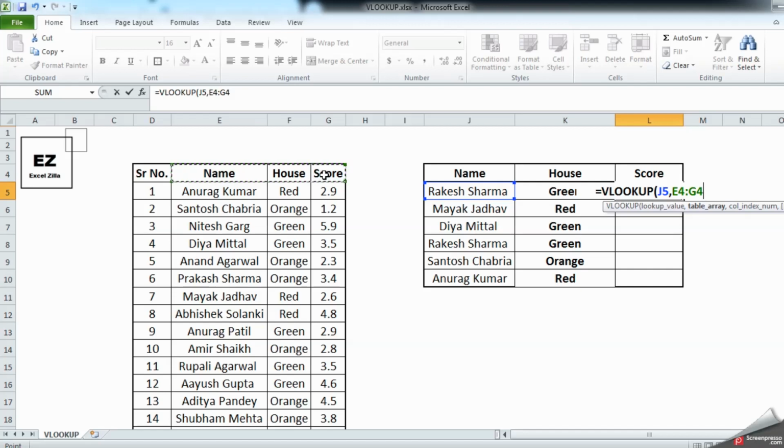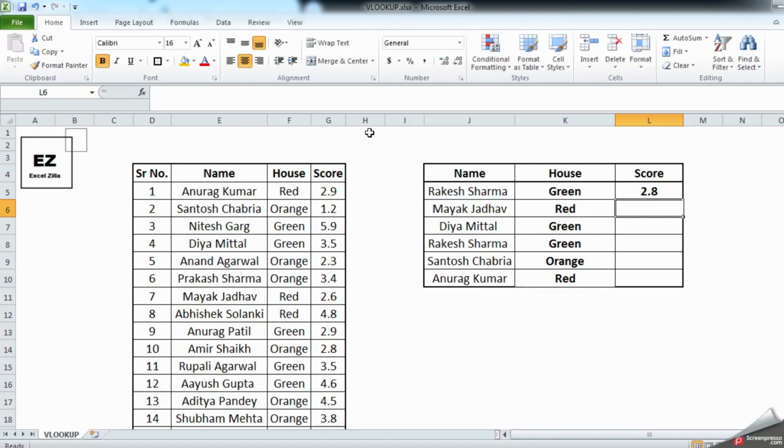Control Shift and the bottom arrow will select your entire table, comma. Now it's very important, you need to understand, here we are not putting 2. In the previous example we entered 2, now we have to enter 3. The reason we are entering 3 is because it is the third column. This becomes your first, this becomes your second, and this will be your third. Three, comma, 0. Close the bracket and enter.